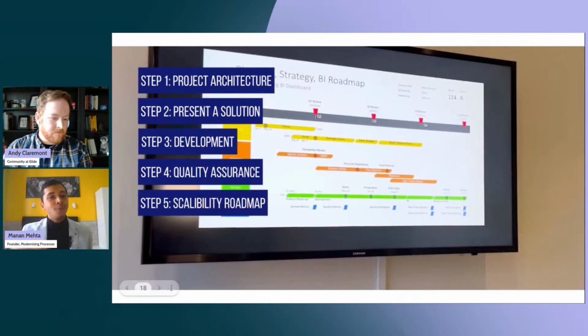Because the problem is solved, we move to the scalability roadmap, because we always know tech is lots of iterations, lots of improvements, continuous development. So we always present what are the next steps the client can do, how they can leverage technology even more. Because in our experience, we have seen when you start building something for them, they automatically start getting addicted to it. They're like, oh, if I can do this, I can do that as well, and I can do that as well. So we start with one process and then we keep building multiple processes.